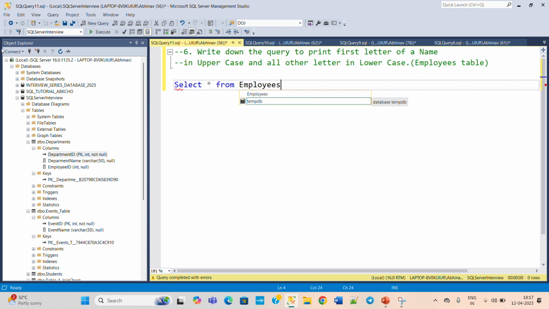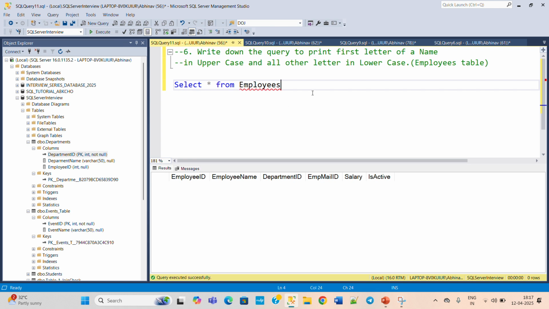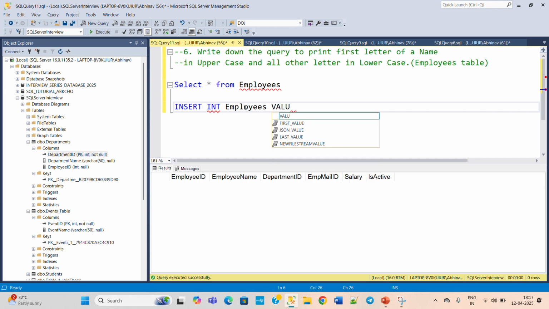Currently we don't have any record because this table is only just created. So we will insert some records here. Insert into the employees table, and then values. For what columns do we need to provide the values? Employee ID will be our identity column, so employee name we need to provide. So let's provide